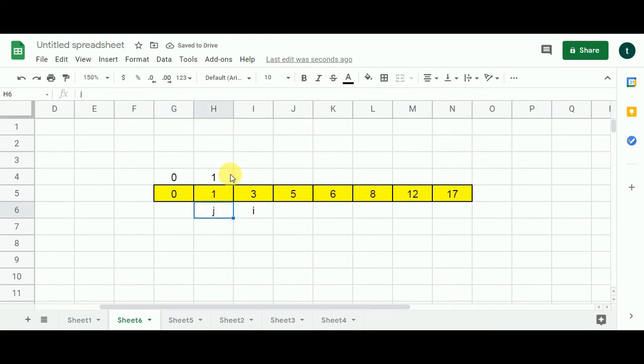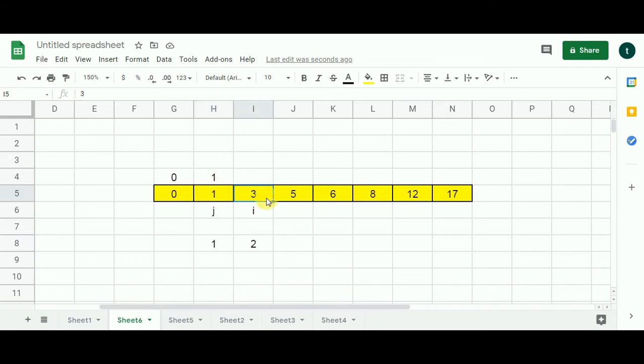Now here the last jump is 1. So what are my possibilities? 1 minus 1 is 0, which is k minus 1, and then k, which is 1, and k plus 1 is going to be 2. Now 0 is ruled out obviously, but the algorithm is going to add this to this and check if 3 can be reached, but when speaking logically, I am ruling out 0. Then we have 1. 1 added to 1 is going to give me 2.